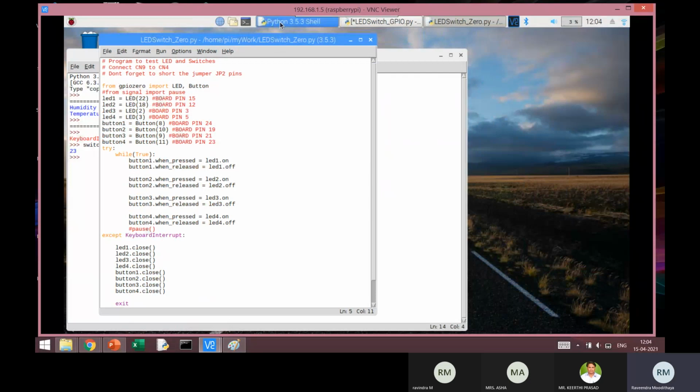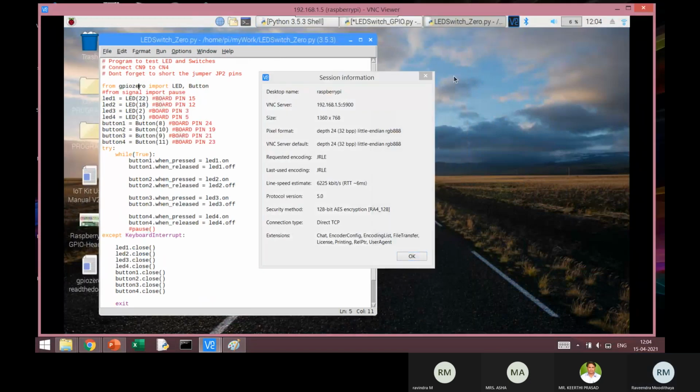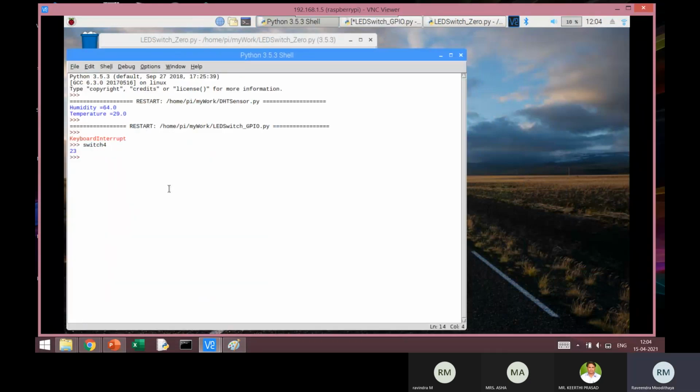In case it is not available, the best thing to do is to type this on the Python console. Just type import GPIO Zero to verify whether that module is pre-installed or not.